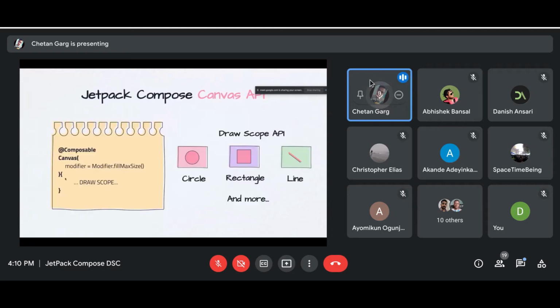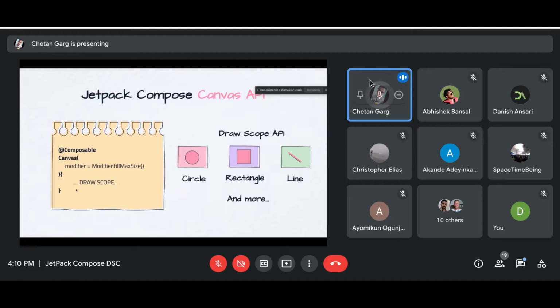But for Canvas, when you enter its functional body, it's working with the draw scope. This gives you the capability to draw. You can't just add a normal composable into it. For example, if I want to draw a text on the canvas, I can't just include a text composable here, because the scope inside this canvas composable is a drawing scope, not a composable scope.